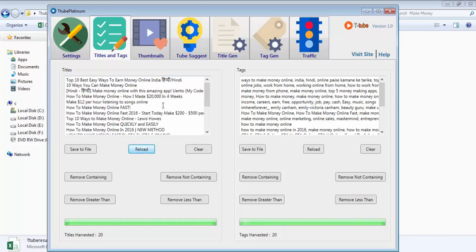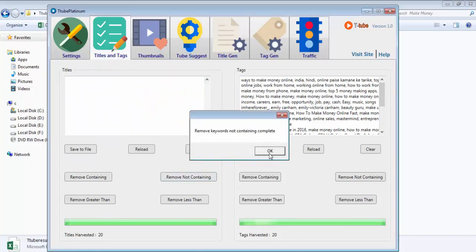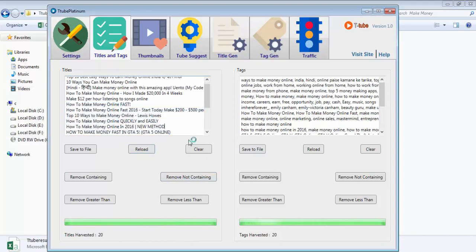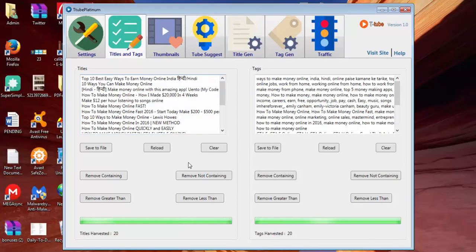For that, I'll just click the reload button, and I'll remove all of the keywords that do not contain questions. Okay, so none of the keywords had the question mark in them, but there are some keywords that are starting with how to. So let us say that we only want to see the titles that are starting with how to's.